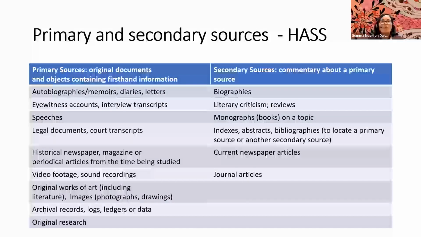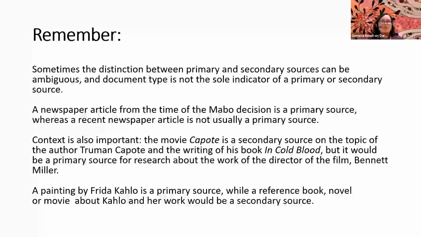So we'll just move to the next slide and talk about a little bit of a caveat with all of these kinds of definitions of primary and secondary sources. Sometimes the distinction between primary and secondary sources can be ambiguous, and document type is not always the sole indicator of a primary and secondary source. So we really need to think about not just the categories of these resources and what they are, but also the context in which you're looking at them